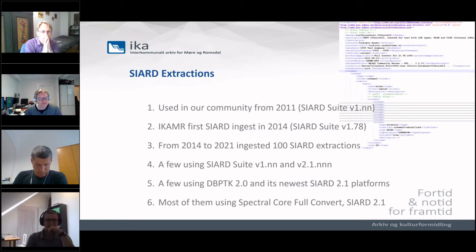And a SIARD extraction using Full Convert is almost the same as with the two other tools. We have the top level metadata section as you see here, and schemas, tables, columns, and an example of a LOB folder metadata.